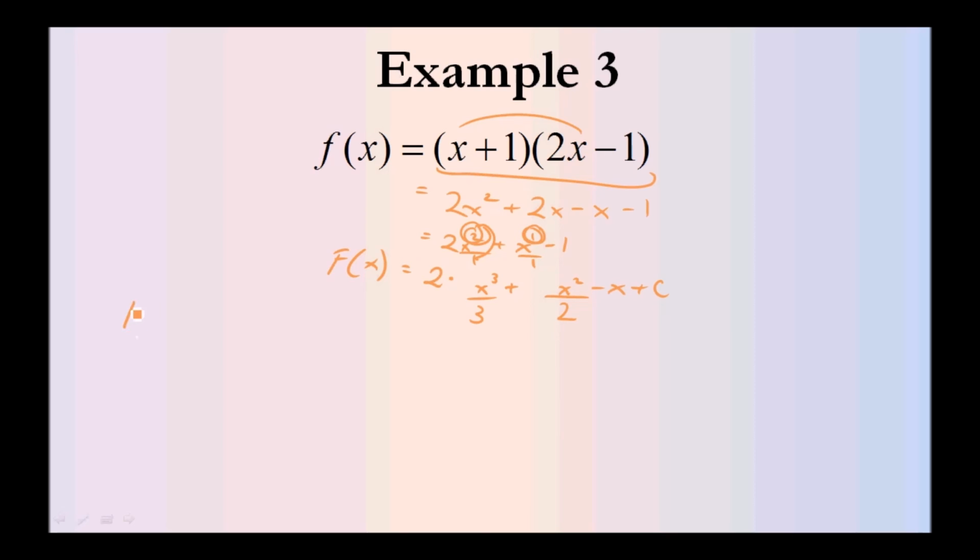Again, we can check. Big F of x equals 2/3 x cubed plus 1/2 x squared minus x plus c. We'll check to see if this is valid. We know that the derivative of our antiderivative is the original function. So f of x is equal to 3 times 2/3, giving us 2x to the 3 minus 1, which is 2, plus 2 times 1/2, which is simply 1, x to the 2 minus 1 is simply 1, which we can ignore because that's understood,